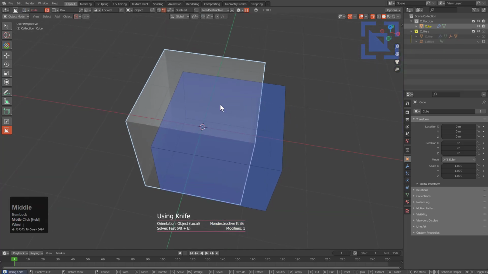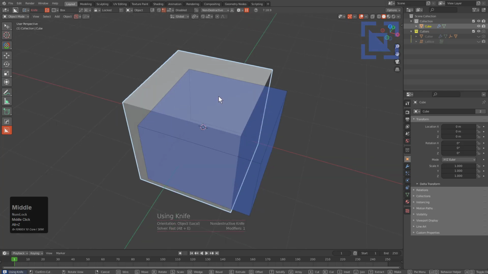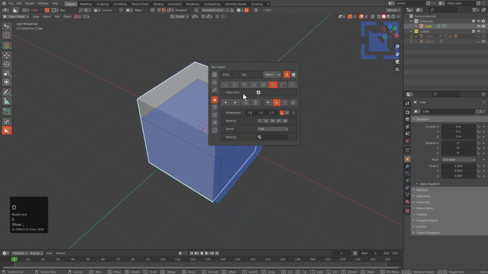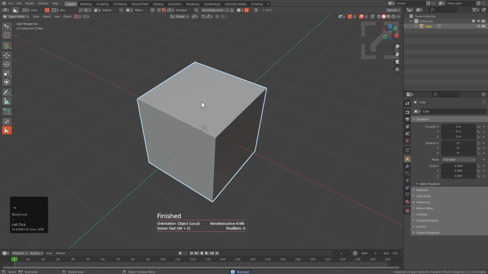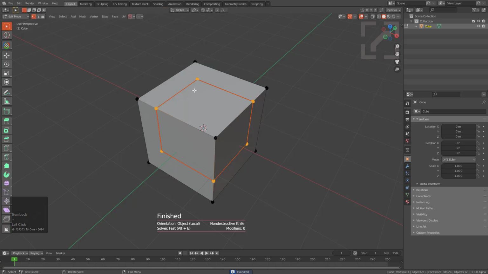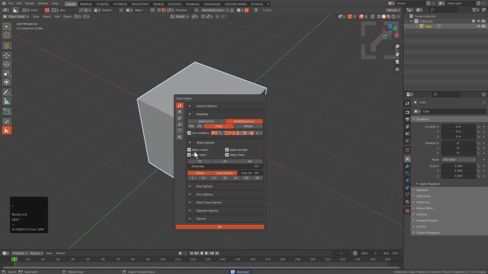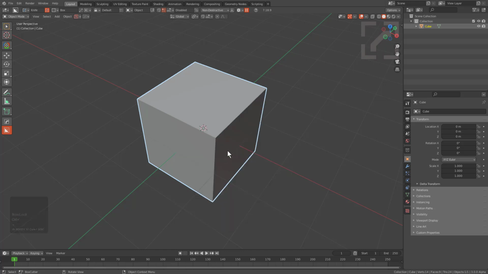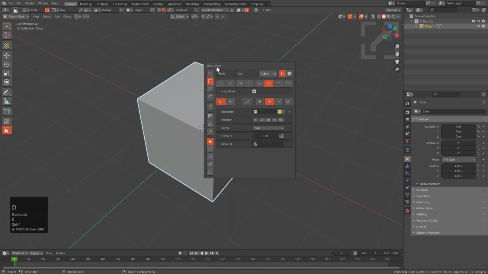And whenever you're in knife, you have the option for hops mark. So if we press D to bring up our helper, we see that hops mark is here, which is unlocked via having HardOps enabled and having hops mark sharp options enabled for what edges you would like to mark. So if I were to click, we see that we've now marked the boundaries of this edge with the same settings that we would use inside the sharp options of the control tilde helper, which is what the box helper